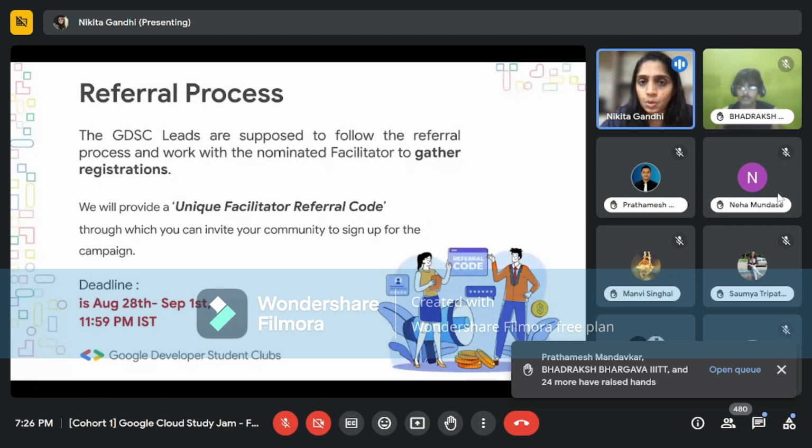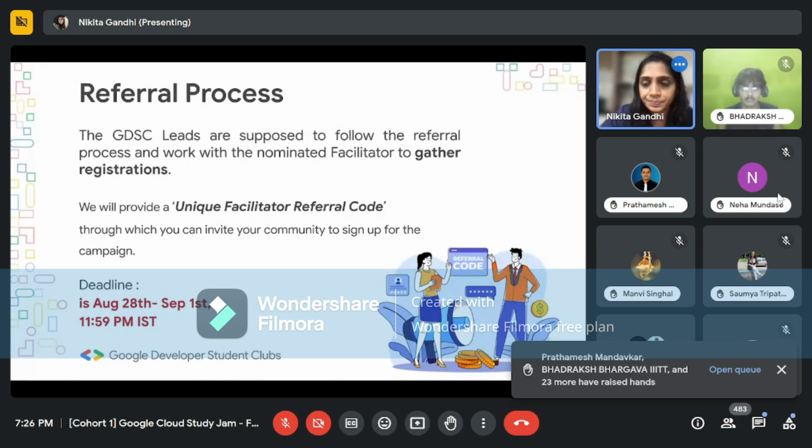And he will also be responsible for solving any queries that come from those 150 participants, because for us, the only point of contact is going to be facilitators in this campaign. So any query that comes around this campaign should be routed to the facilitator, and the facilitator shall bring these queries to us. So this is how we are going to operate.